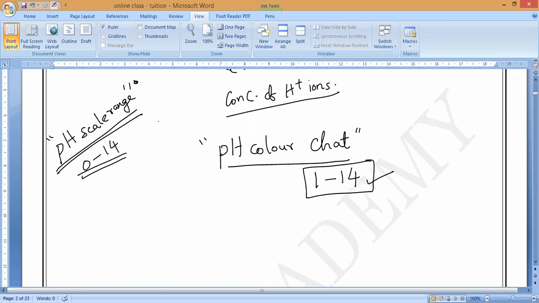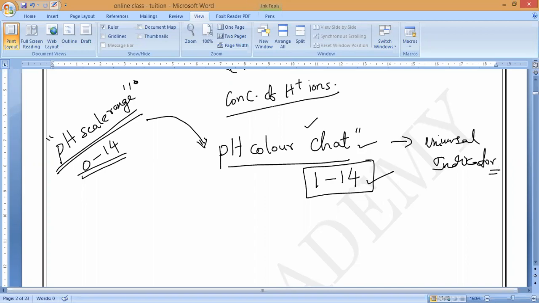But these H plus ions will give a particular color. If there are more H plus ions, one kind of color will be given. Next, with more OH minus ions, another color will be given. Based upon the color coding, this pH color chart has been designed for which indicator? Universal indicator. Based upon the color obtained for the given solution, we compare it with the pH color chart